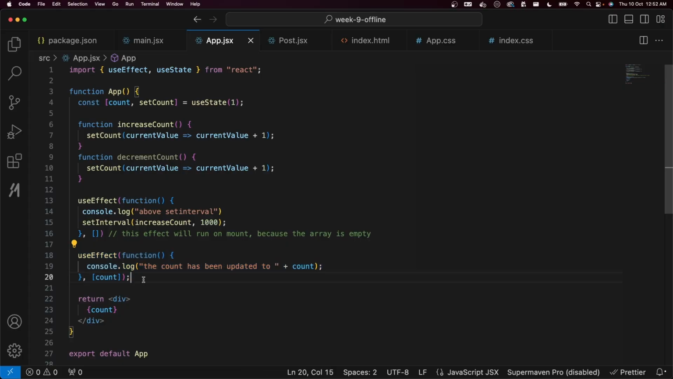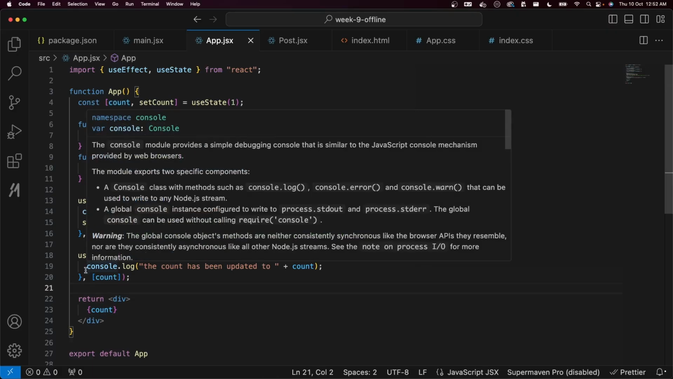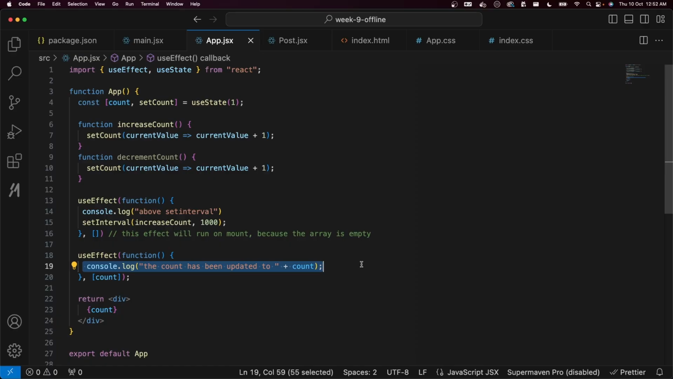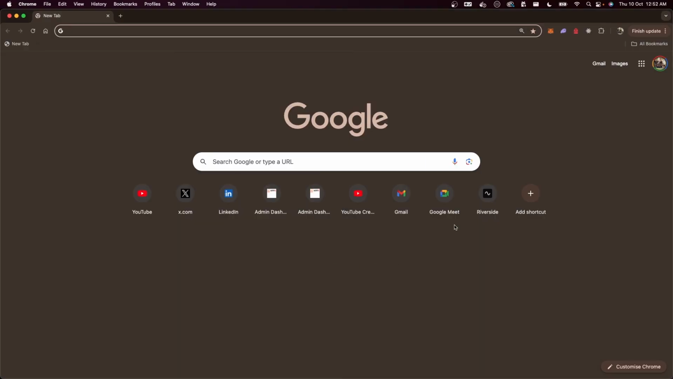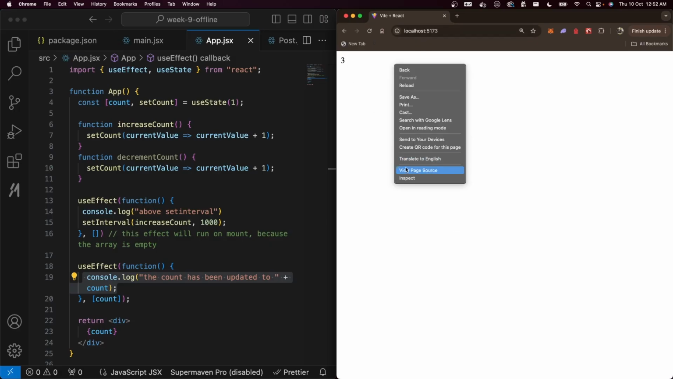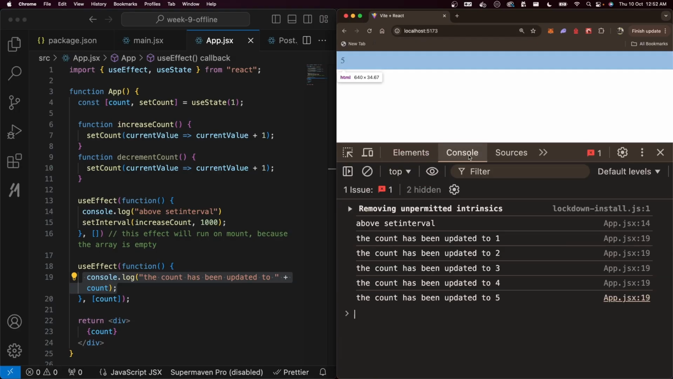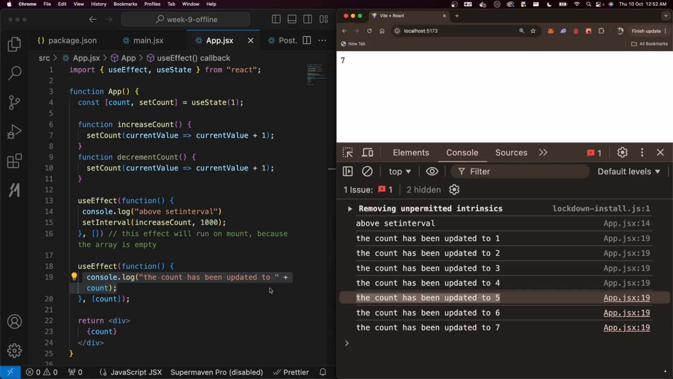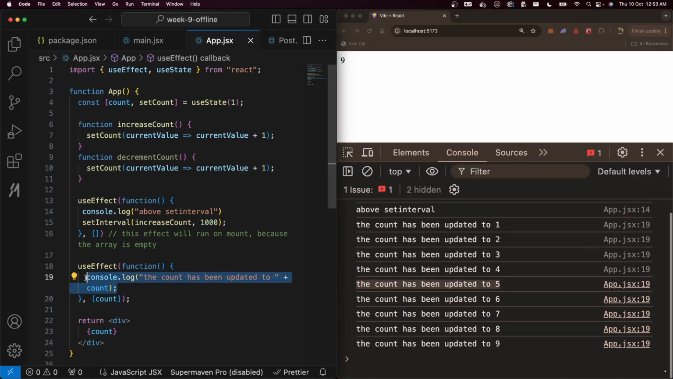The second one runs anytime count changes, which is every 1 second. So every 1 second you will see this specific log on the screen. Let's see if that happens or not. Let's go to localhost:5173. Clock is working as expected. Look at the console. This console.log is running every 1 second, which means this side effect runs anytime the count